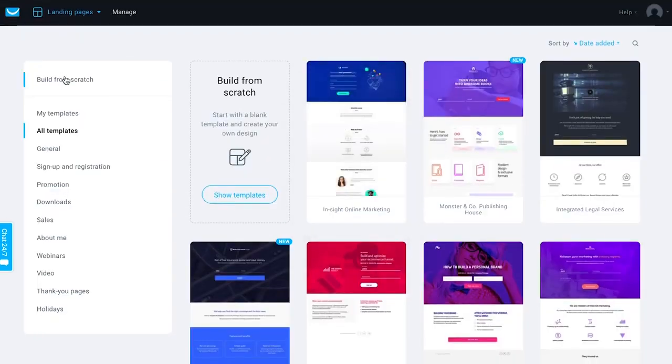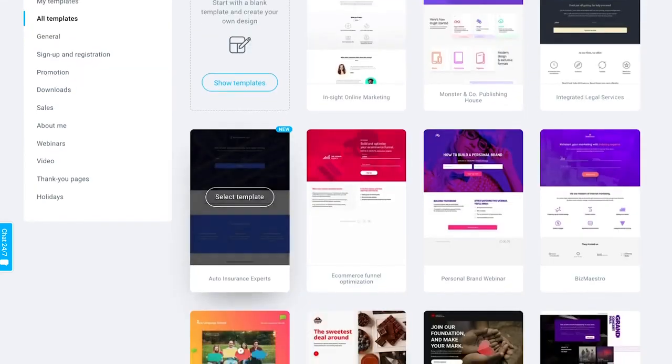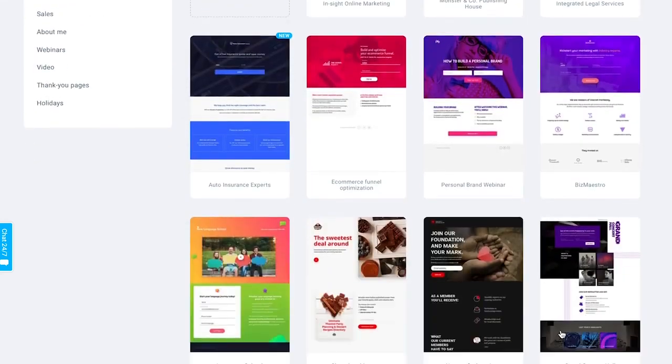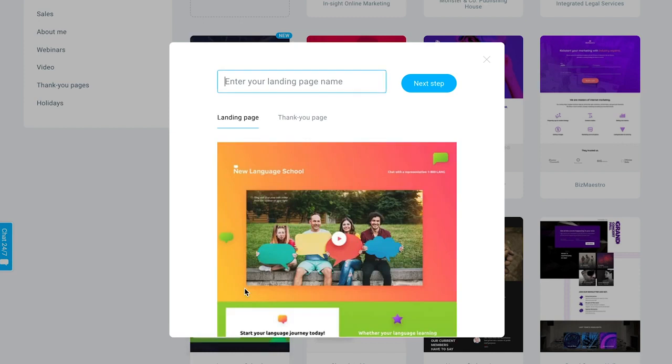And you can also build one from scratch if you want to put the elements together yourself and customize the design in that way. Let's go ahead and choose a template that we'd like to customize for this example. So I'll choose this one. We need to give it a name. This is internal, only you'll see it. So I can do, new school